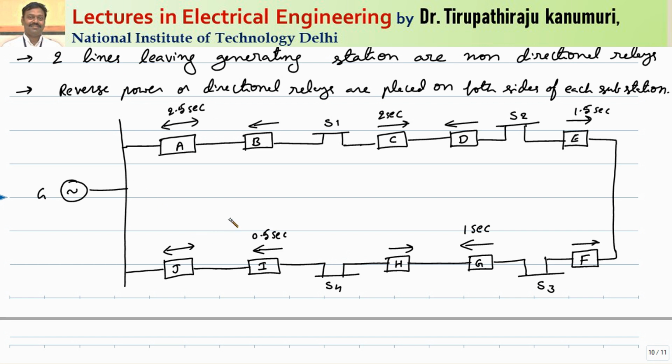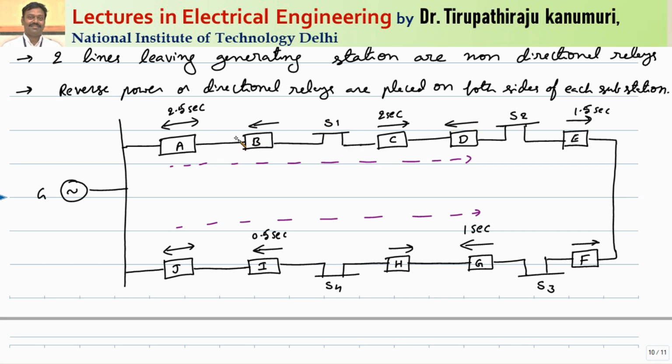So let us repeat the same thing for this case. Under normal condition, the current direction will be like this. This is my normal current direction. So now this relay B should not operate, because normally current direction is like this. This relay will operate only if the current direction is reversed. So that's why the worst possible case will be the fault that is happening between the sections A and B. Agree with me? So this section B should operate first and disconnect, so that other part is not disconnected.